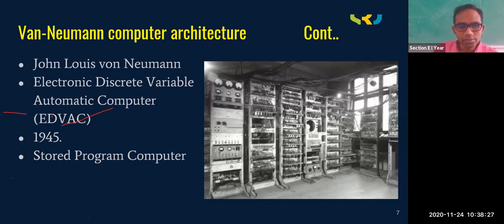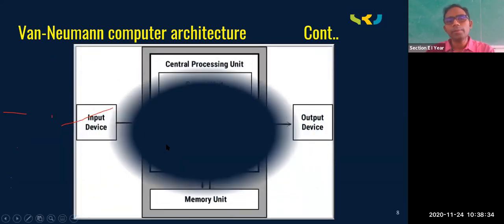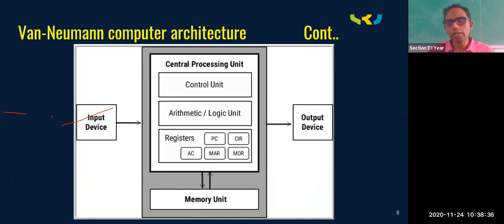Now, what does it consist of? It consists of a control unit. Von Neumann architecture comprises input devices, output devices, and CPU, central processing unit. Now let us concentrate on input devices. What do you mean by an input device? An input device is a device which gives input to a machine. Anything which is taken as input.